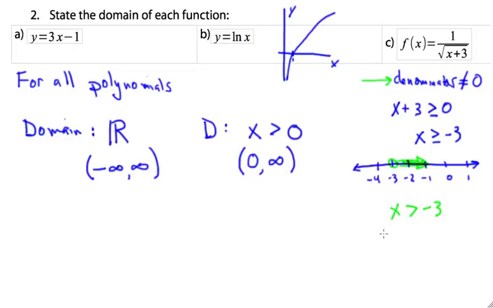Or in interval notation, it's going to be negative 3 is the lower bound, and infinity is the upper